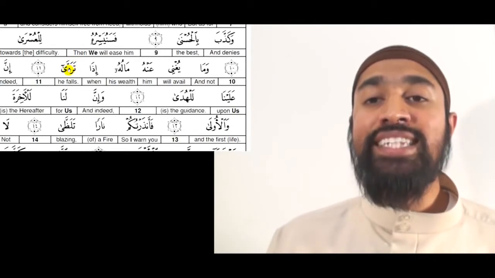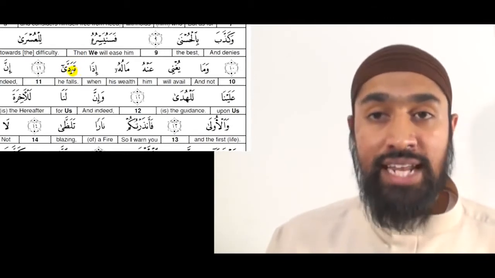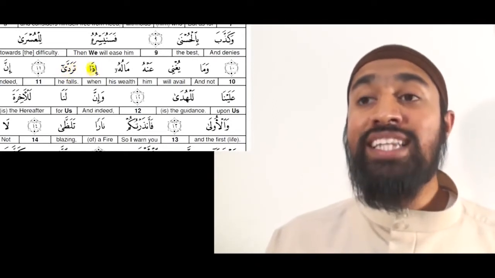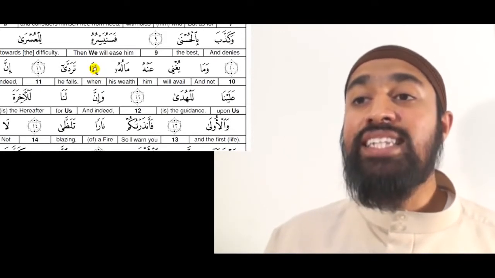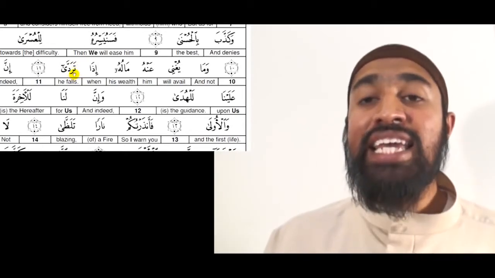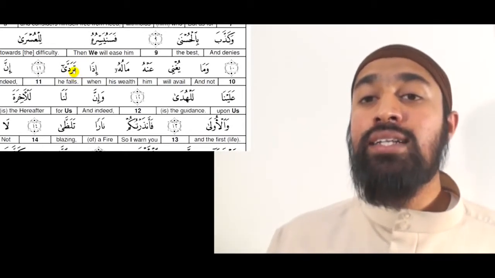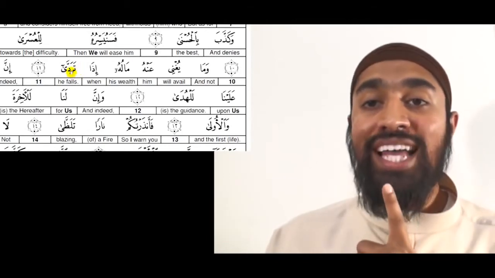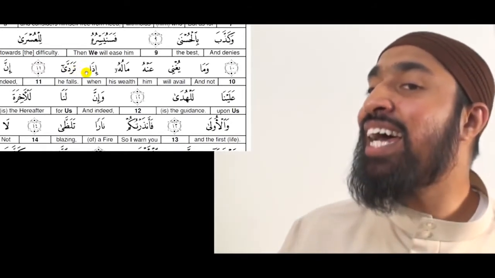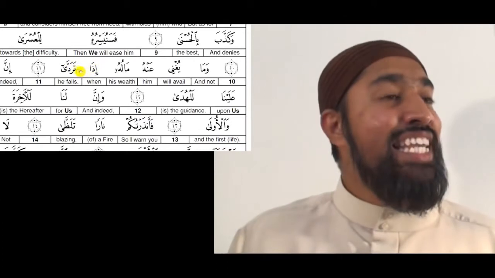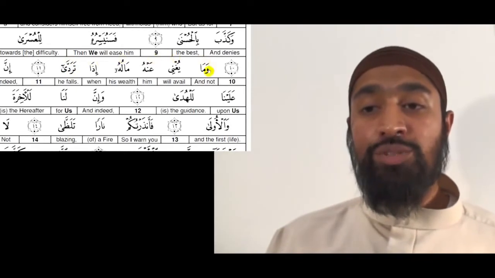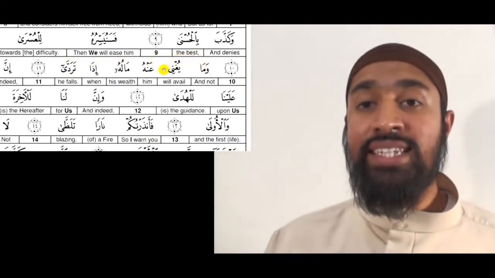إذا تردى. Ra is heavy because it has something on top. Dal shadda, connect and hold to a light letter. تردى. إذا, don't say is. إذا تردى. The tip of the tongue behind the 2 top teeth. إذا تردى. We're going to make the stretch here. إذا تردى